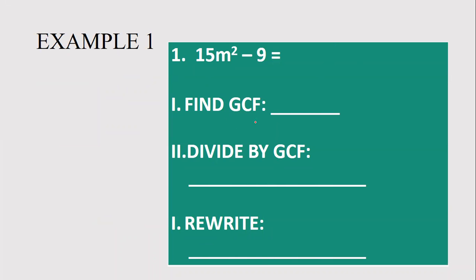The first thing we do is find the GCF. Looking at the numbers and the variables when possible, you ask yourself, what is the greatest number that can equally divide into both of them? If I have 15 and 9, the greatest number that divides evenly into them is 3. So the greatest common factor is 3, and I'm going to divide each one by 3. When I divide each one by 3, I end up with